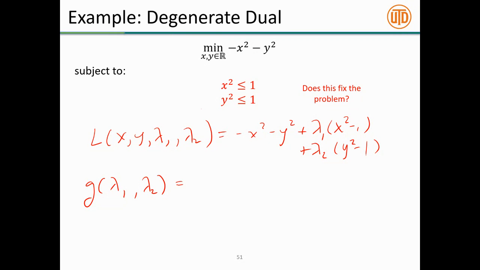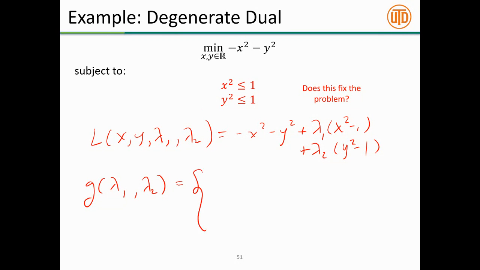So the observation in the chat is if either of the lambdas is less than 1, it's still minus infinity, right? So let's check that really quickly. If either of the lambdas is less than 1, so of course all the lambdas have to be greater than or equal to 0, and less than 1, then when I add lambda 1 x squared minus x squared, I still end up with a minus something, right? It is some negative constant times x squared, which is again a concave function, so it'll be negative infinity.